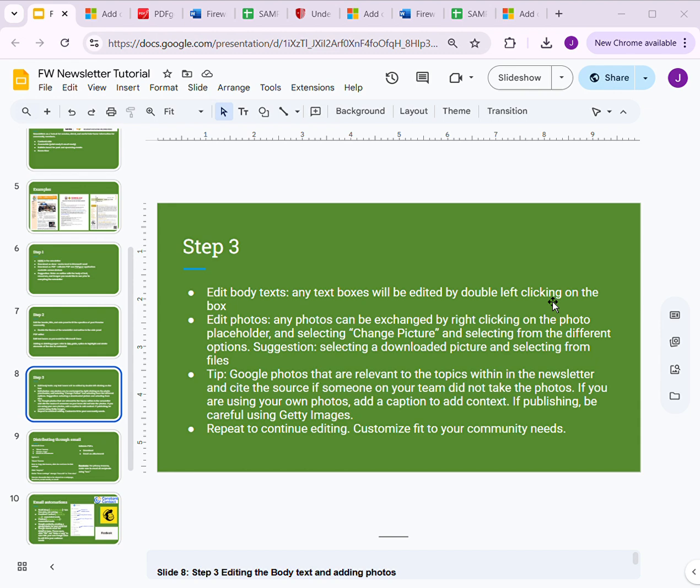To change the image, you want to click on it, right-click, and choose Change Picture. From This Device would be if you downloaded an image prior to editing, or you can search from stock images, which I used to create this template. You can search people if you want to show a community event, or teamwork if you want to illustrate another community event. Here are some great images of a firefighter crew, teamwork, etc. So that's how you can do that.